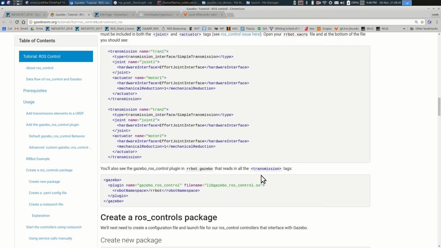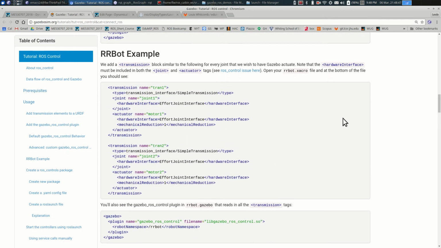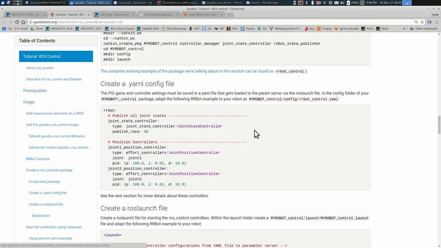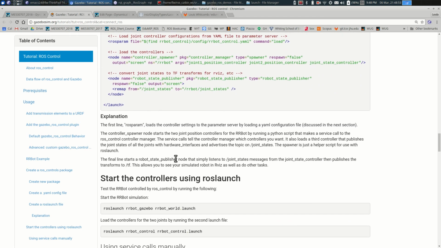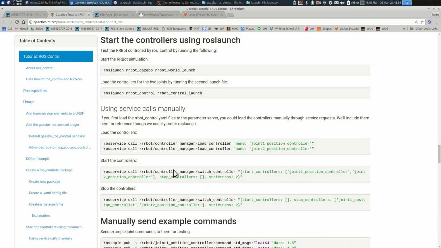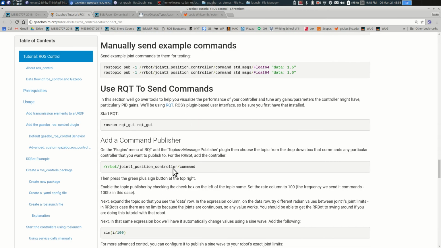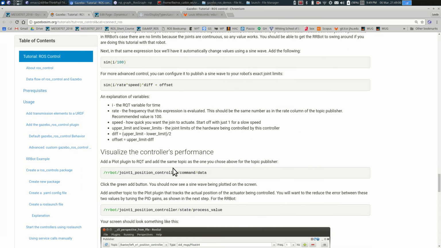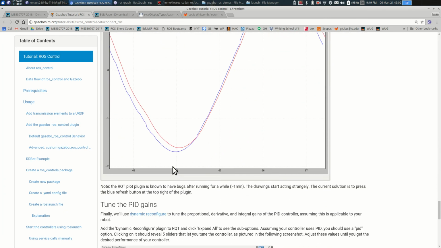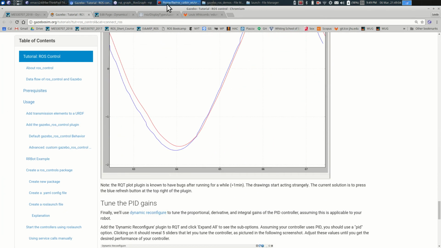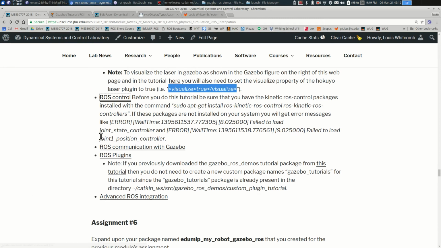So this gives a pretty detailed example of the RRBot and robot state controllers. We're not going to be using these in this assignment, but I do think it's worthwhile to learn them. And not just because one of my former PhD students developed this package, but his name is Jonathan Boren. He's the original ROS whisperer that I told you about. So once you do these tutorials,